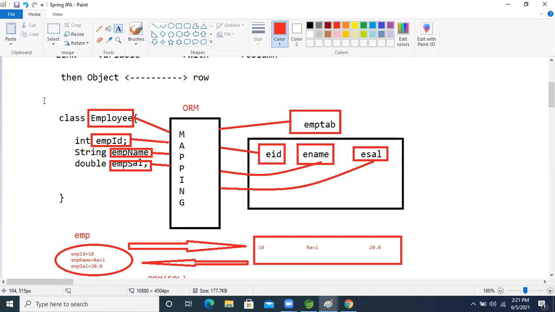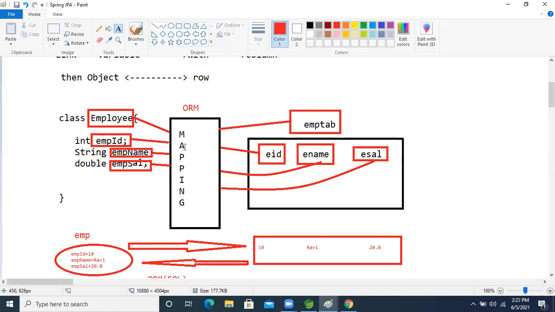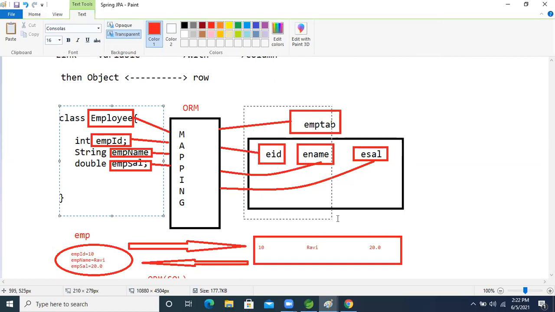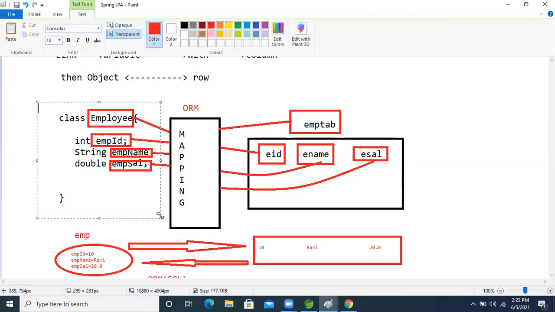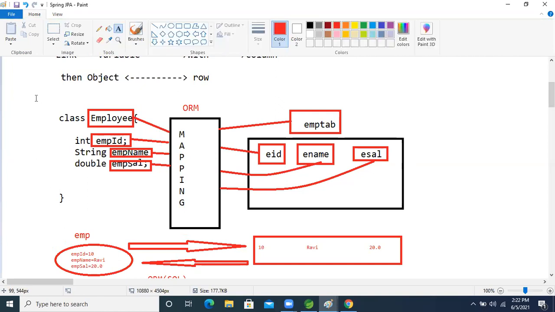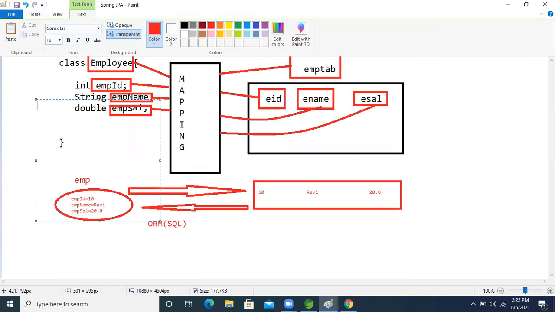Java Persistence API is given by Sun Microsystems, which is now Oracle, to map this Java object to the database. So using JPA annotations, we can map our object, right?